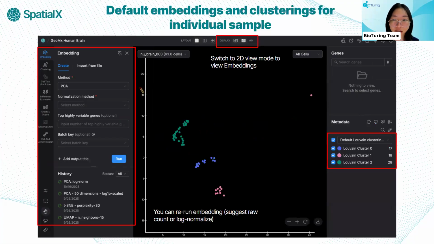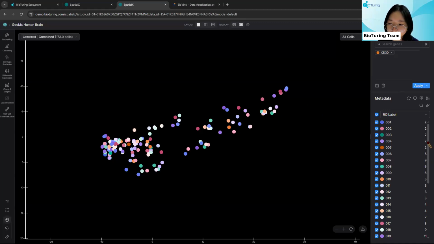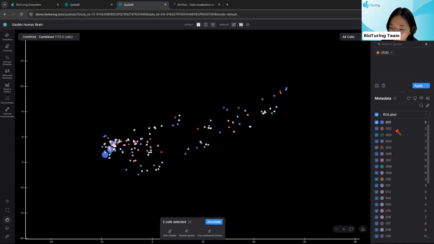All right, so that covers clustering now on GeoMx DSP data. Now I can also show you how to subcluster some of your samples here. For some of you, you might have samples from different diseases or different conditions. Let's say, for example, this ROI number 1 is my control group, and the rest of my ROIs come from tumor tissue. So I can separate my tumor tissue from the control group by holding down Shift or Control on my keyboard, and then selecting all of my regions of interest or